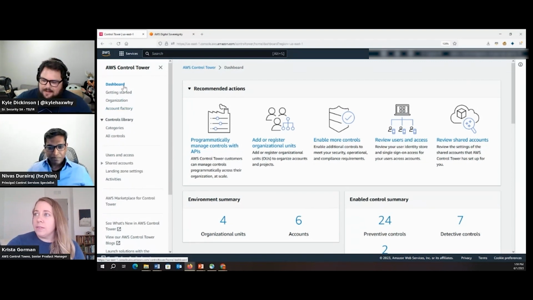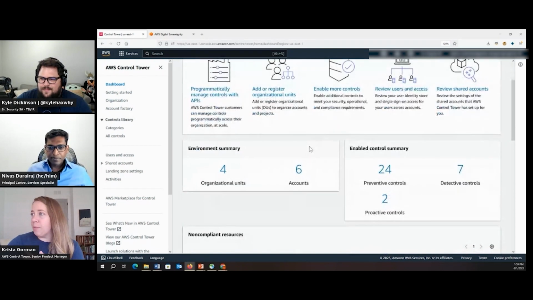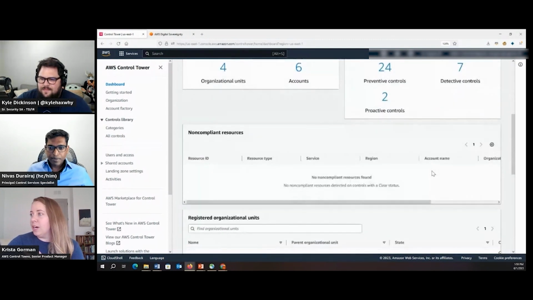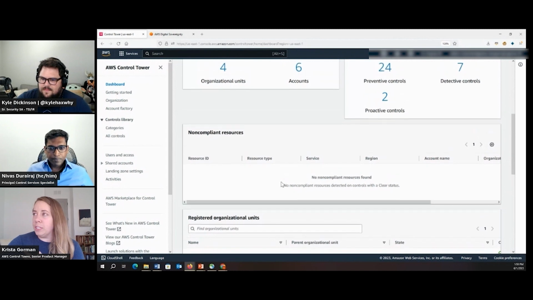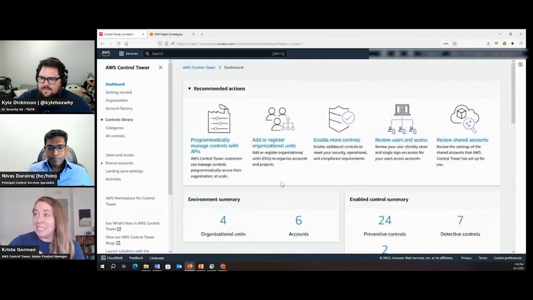Thanks. So this is the Control Tower dashboard. We have a list of recommended actions here at the top, and it gives you a summary of your environment as well as the controls enabled, non-compliant resources, and then your organizational units. But where we'll focus today is within the controls category and then also within our region setting.